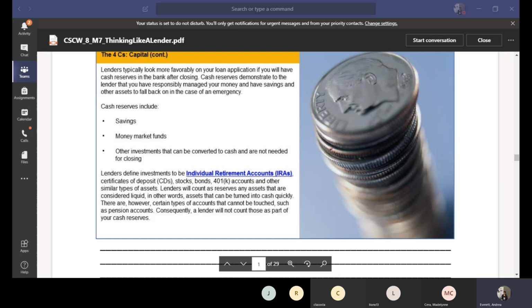Savings. We've talked about this, an account where you keep money for safekeeping. What else? Okay, and then this individual retirement accounts, IRAs, is a tax deferred plan that can help you build a retirement nest egg, right? So that's just another type of savings, right? Except that when you have a savings account, you can go in there, and depending on your bank, because sometimes a bank will charge you if you take too many withdrawals out of your savings. But for the most part, savings you can take out, you can close at any time with no real consequences,